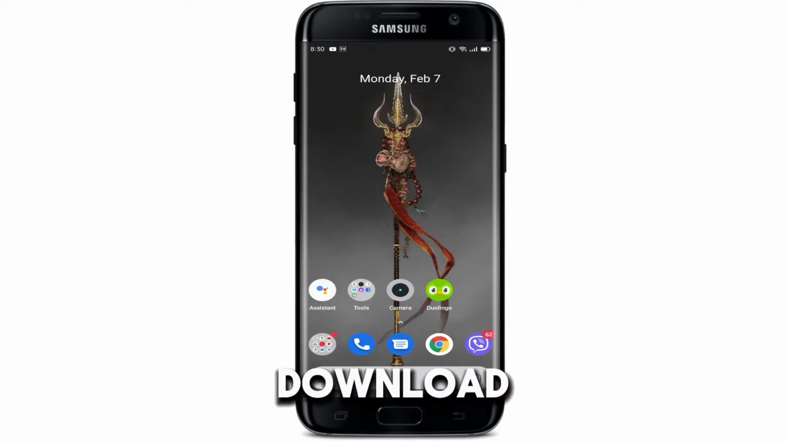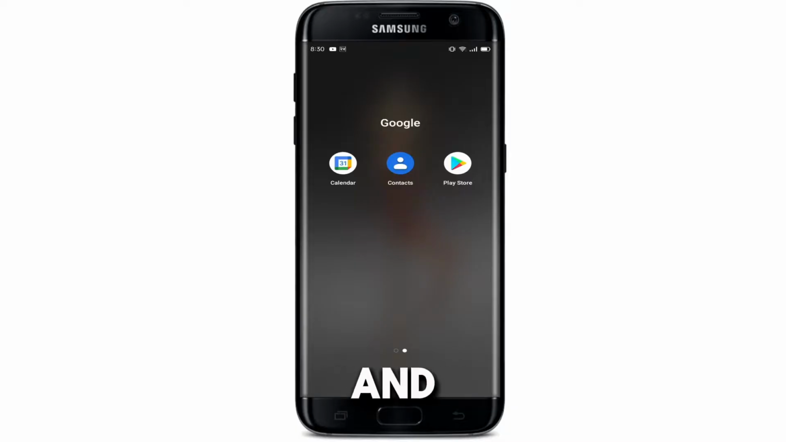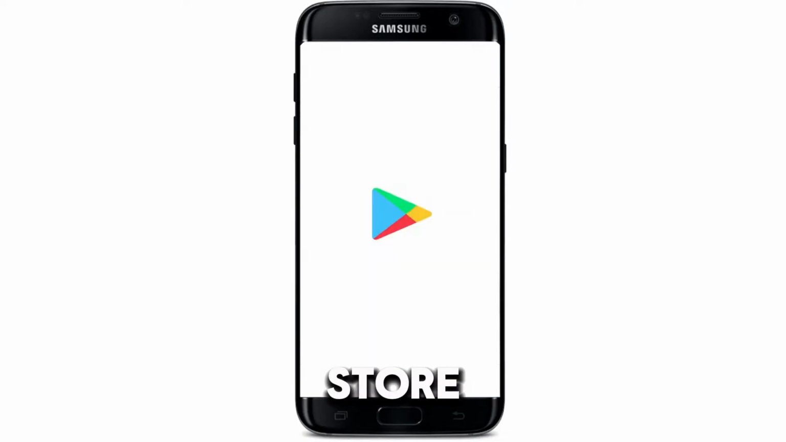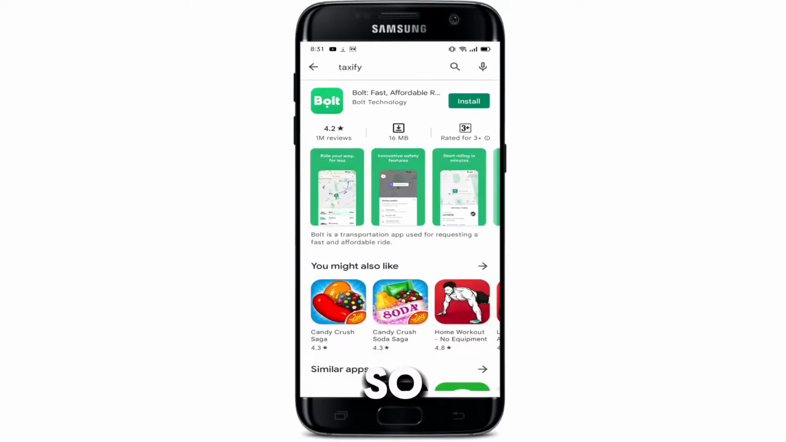So in order to download this application, we need to open Play Store for an Android device and App Store for an iOS. Here I'm going to open Play Store. On top, I'm going to type Taxify or Bolt. So guys, if you type Taxify and you see such a page over here, the page naming Bolt, then don't get confused. Taxify has renamed itself as Bolt,